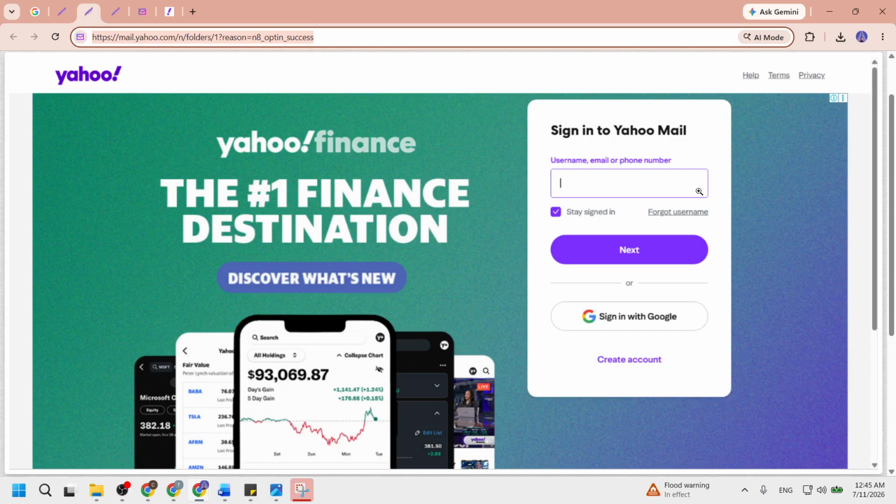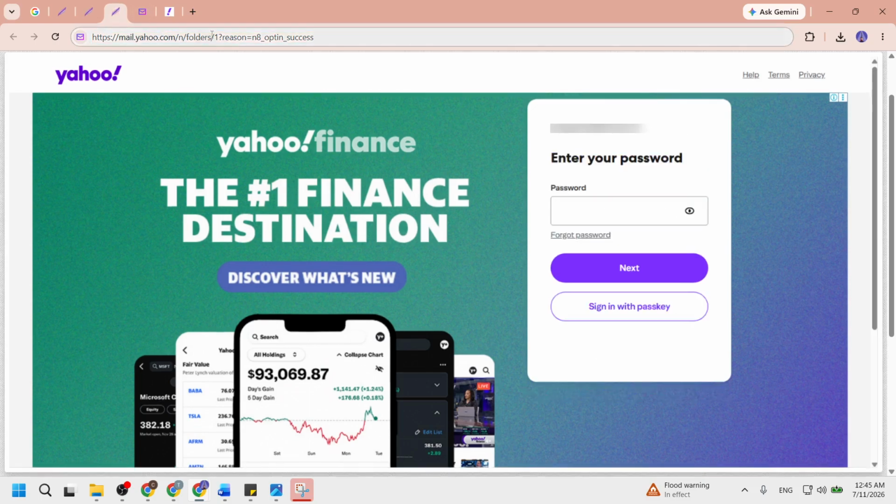Once you have entered your email address, click the blue Next button. This button will take you to the next step in the sign-in process. It is important because clicking Next confirms the information you provided and moves you forward to the password entry screen. After you click this button, you will see a prompt for your password. This is a critical step, so ensure you proceed only when you are ready to enter your password.